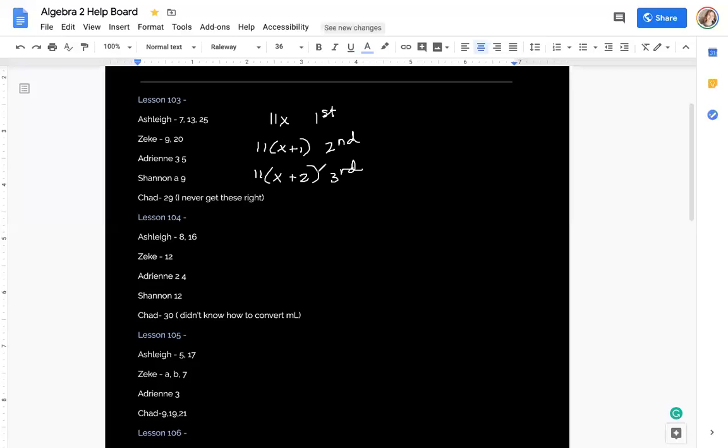So the setup is the tricky part. Once you get the setup, it's not so bad. So it is 4 times the sum of the first and the third. So that we just look over here. So it's 11x plus the third would be 11x plus, I just distributed that through, is equal to, and I'm not going to finish solving this even though I did on my paper, but I think you can take it from there. So it's going to be 10 times,